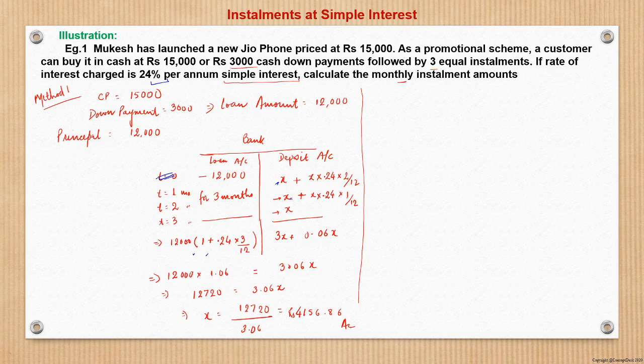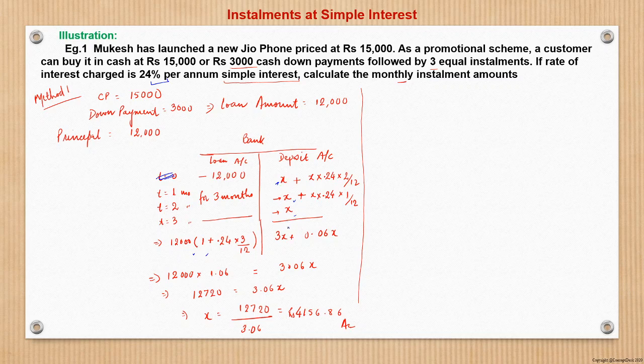That I have done. Similarly, the second installment which is deposited in the bank at the end of the second month will again be amount x, and we are looking at the things at the end of third month. So this second amount of x will also earn interest at the rate of 24% per annum for 1 month. So P into R into T again we did. And then the third x which is being deposited at the end of third month, and we are looking at the final position at the end of third month, will not earn any money because the time we are depositing the x amount, the same time we are looking at the final position.